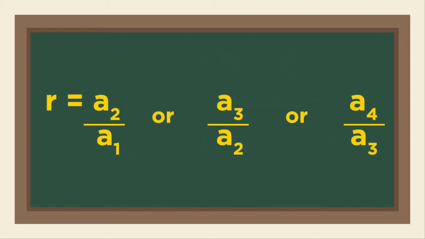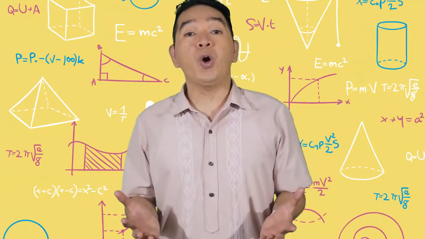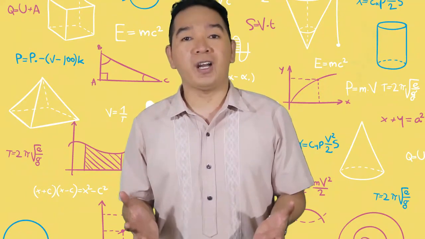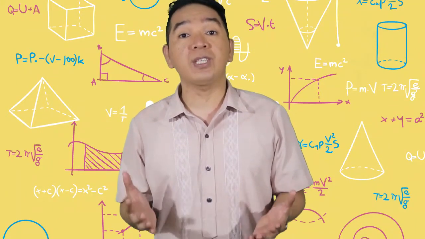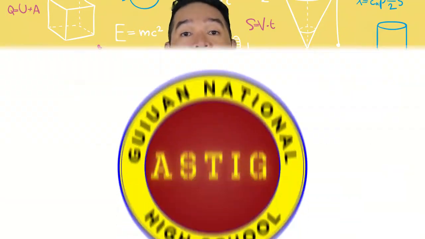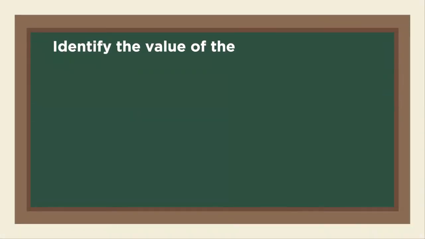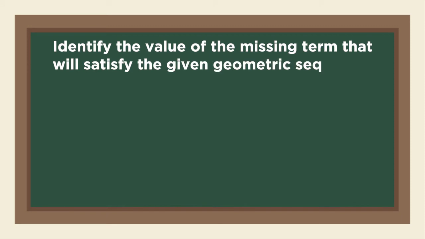By simply using this formula, a sub 2 divided by a sub 1, or a sub 3 divided by a sub 2, or a sub 4 divided by a sub 3, and so on. Do you know that by using the common ratio r, we can get the missing terms of the sequence? Let's try this. Identify the value of the missing term that will satisfy the given geometric sequence 3, 12, 48,